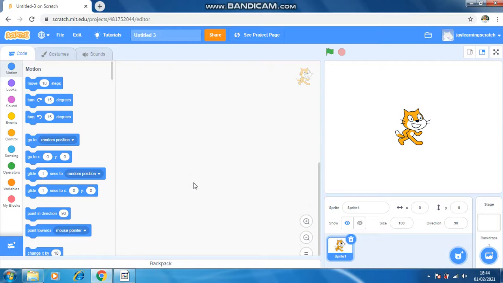So I am your friend Jay Sawan, and today we are going to see how we can create a maze game in Scratch. I hope, friends, many of you have played the maze game on your mobiles, PCs, laptops, etc. So today let's see how we can create it in Scratch. Friends, you can see I am in the Scratch online editor. Now we will code the Scratch maze game. So let's get started. First I will delete the existing sprite.